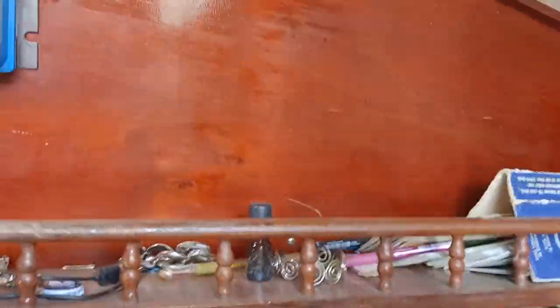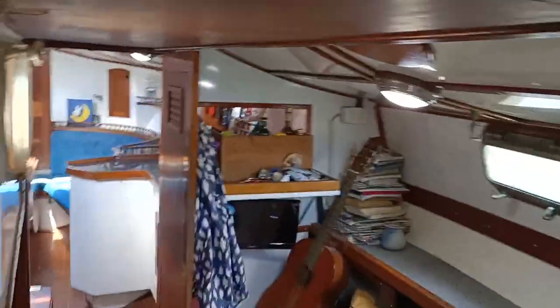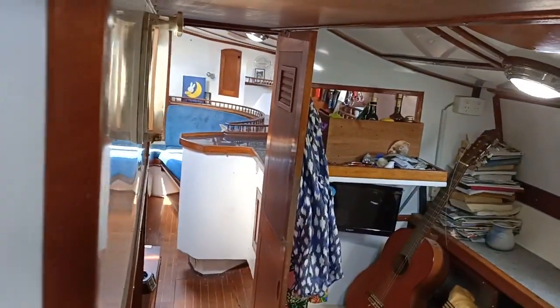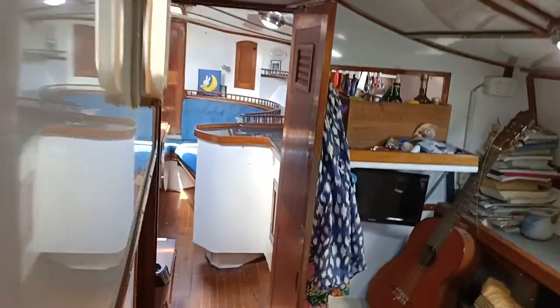So where I'm standing now in the cabin is headroom. Through here it's a little dock. I'd say this is maybe 1.6 meter height here. I'm 1.86. I think this is about 1.6 meters. So you sort of duck, it's not like a big squat. It's just sort of like you duck your head down. All right,